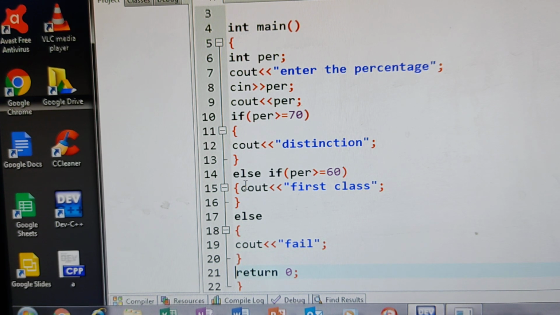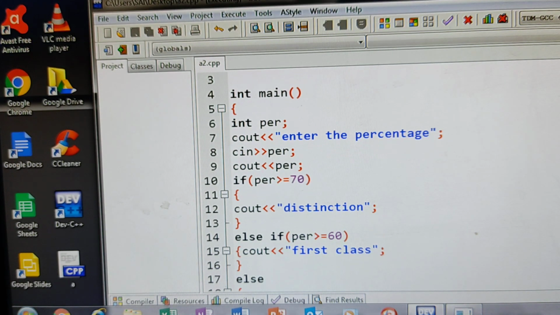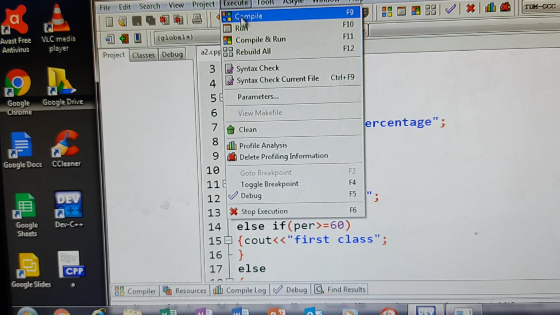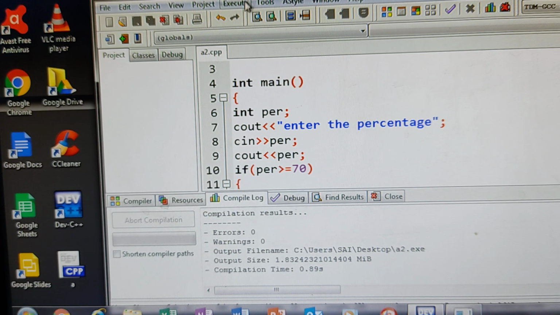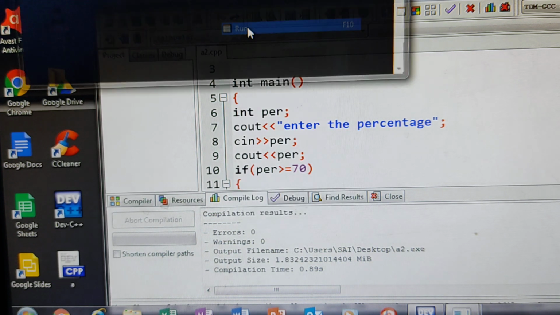Now we will see what you will get. Go to execute, compile. Zero errors, go to execute, run.